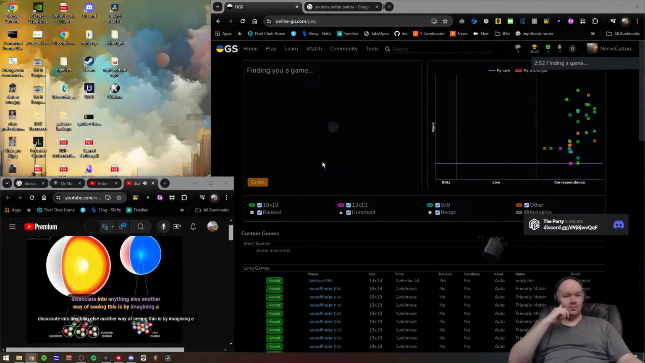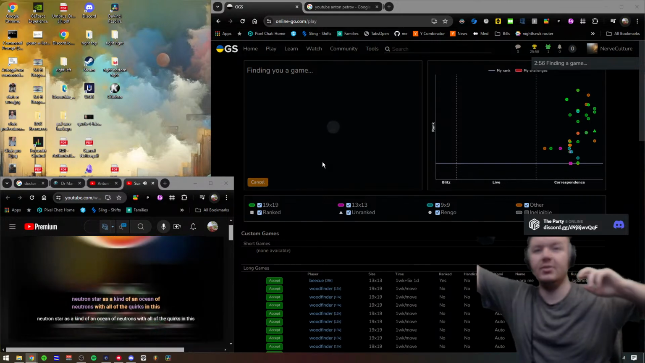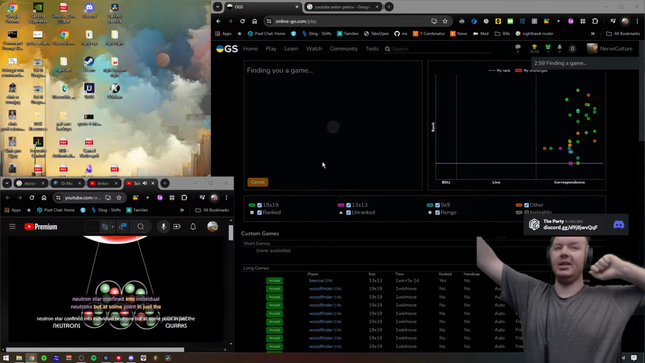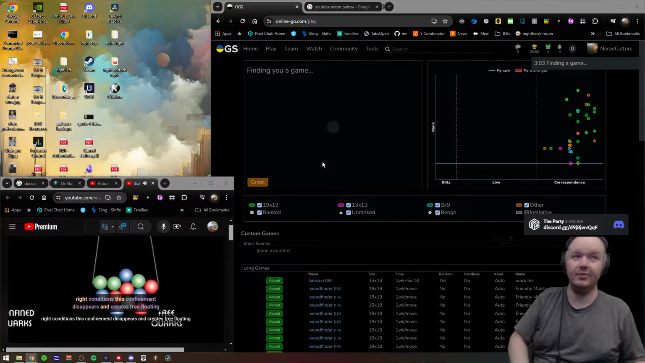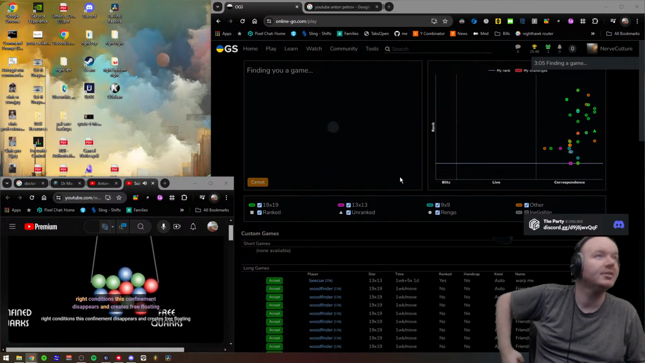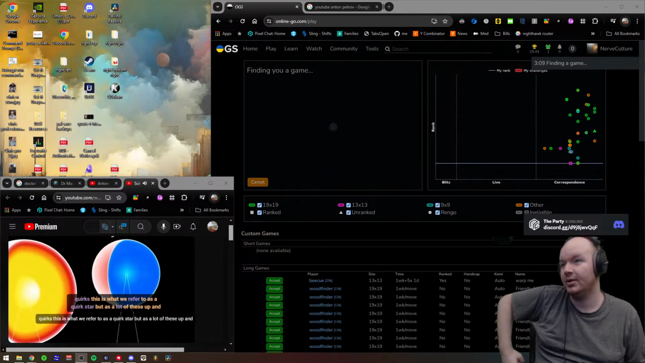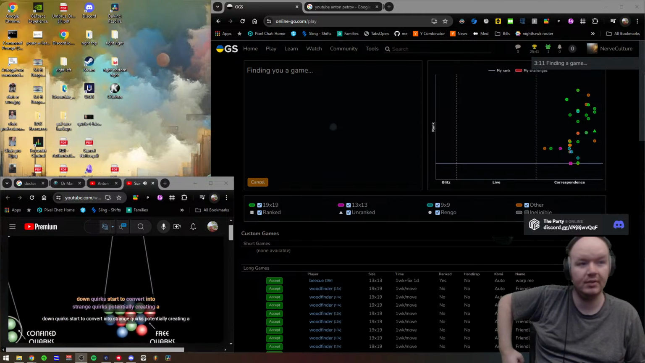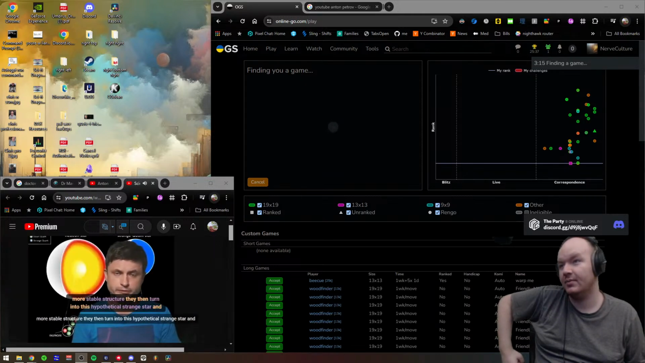Another way of seeing this is by imagining a neutron star as a kind of neutron star confined into individual neutrons. But at some point, in just the right conditions, confinement disappears and creates free quarks. This is what we refer to as a quark star. But as a lot of these up and down quarks start to convert into strange quarks, potentially creating a more stable structure,